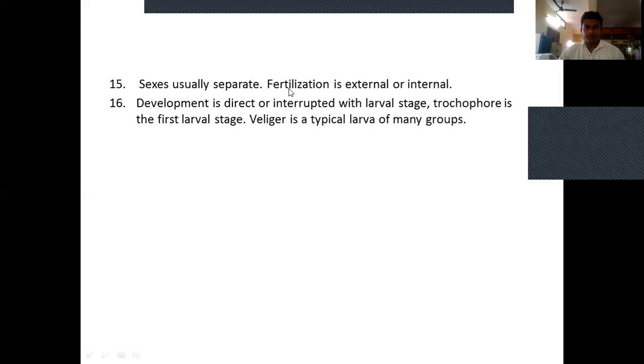Sexes usually separate. Fertilization is either external or internal. Development is direct or interrupted with a larval stage. Trochophore is the first larval stage. Veliger is the typical larva of mollusks. So these all are the general characters of phylum Mollusca. Now we'll move on to the next